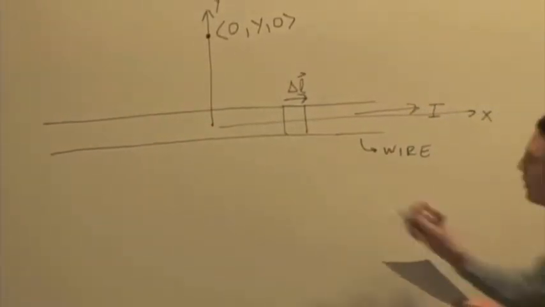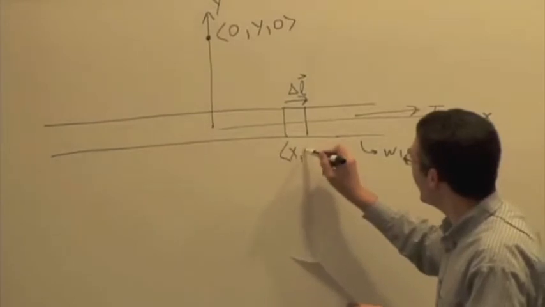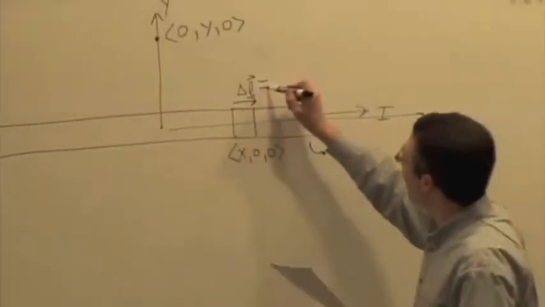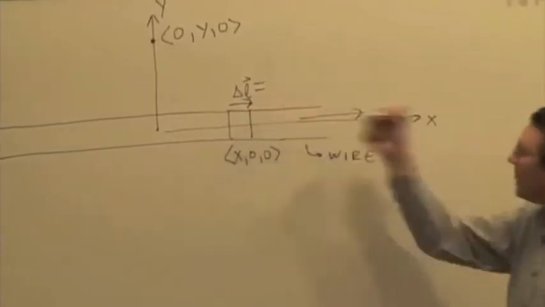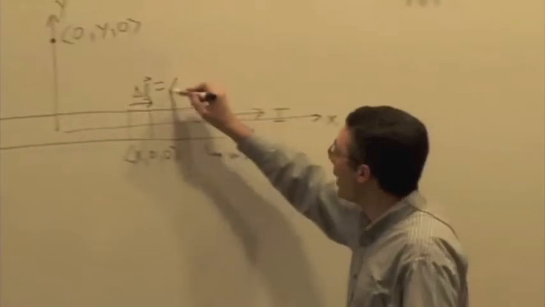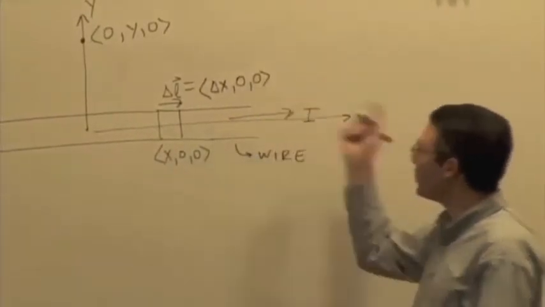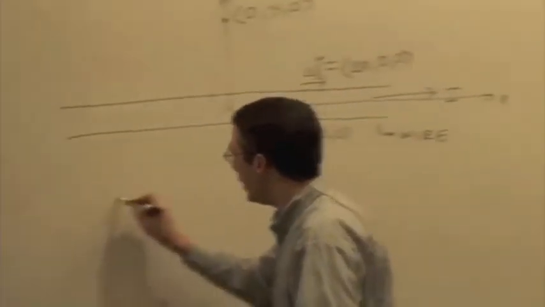And the position is x, 0, 0. And then this delta L vector, which is a vector pointing in the direction of the conventional current, we'll just call the length of that vector delta x, and then it's in the x direction, so it's delta x, 0, 0. Okay? So I'm just going to show an example of using this Biot-Savart law,